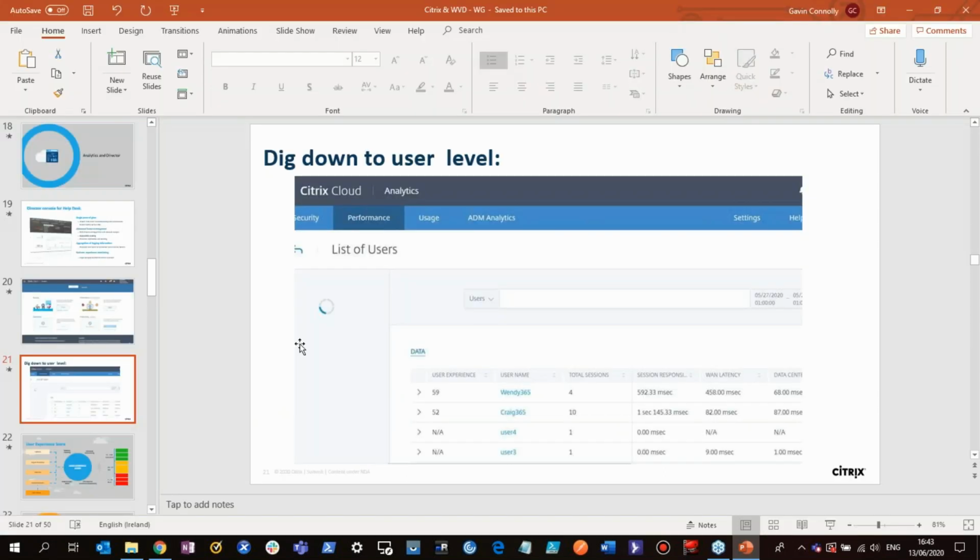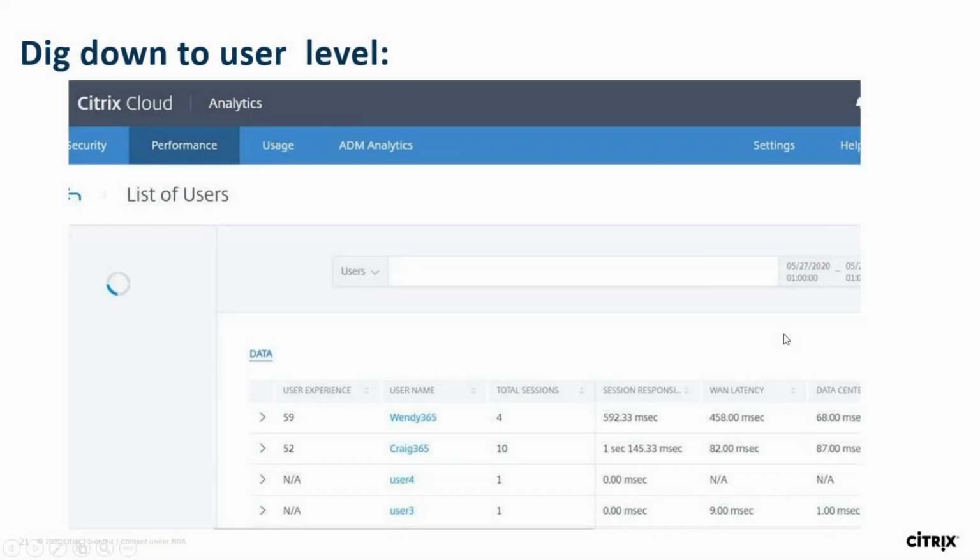Yeah, perfect. And actually on that one, I was speaking to a customer two or three weeks ago, and they were saying that using a combination of the analytics piece and then of course our WEM that we touched on, they were able to improve their login times for one of their branches. I think it was by over a minute. So it's really cool to hear those kinds of stories.